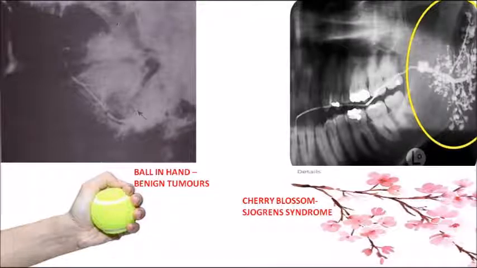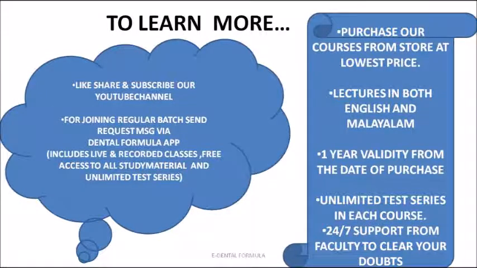In case of Sjogren syndrome, when we do a sialography, the appearance which we see in the radiograph is comparable to that of a cherry blossom. So what is sialography? It is the radiological examination of the salivary gland. Which is the first MCQ we learned today? What is the dye used in sialography? It is lipiodol or sodium diatrizoate. And how much amount is maximum injected? 1 ml of dye only. If it goes beyond 1 ml, it becomes chemical sialadenitis.